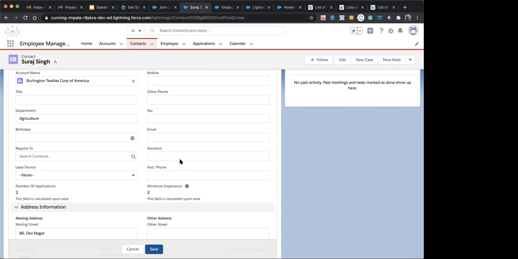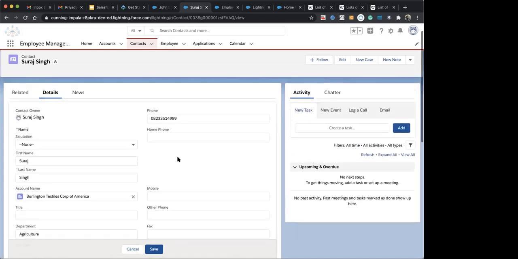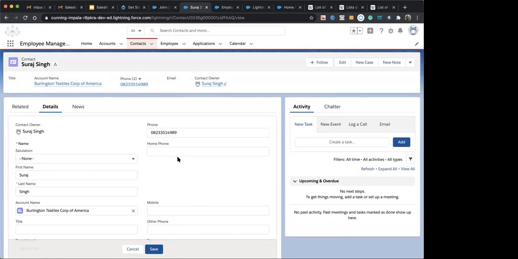So let's take a look at how we create a record type. Before creating a record type, one thing to remember: creating a record type is an easy task, but if we make a mistake and want to delete that record type, it is a very difficult task.